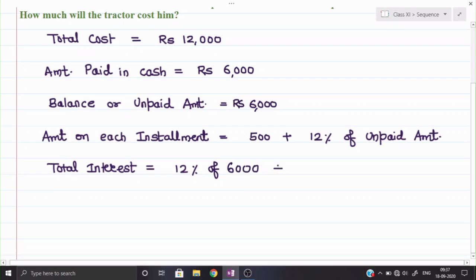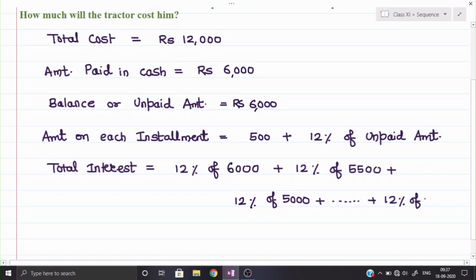Okay, plus then second time when he came, on that time 500 rupees he has paid on that, so remaining amount will be now 5,500. Third time when he is coming, on that time we can say the remaining amount will be 5,000, and plus it will go in the same manner. We can say that at last when he will come, the remaining amount will be definitely remain how much? It will be 500 rupees. That much only it will remain.